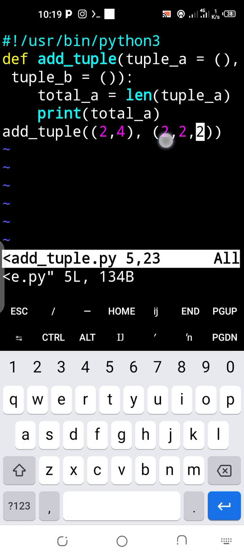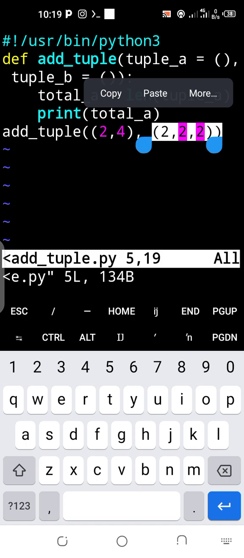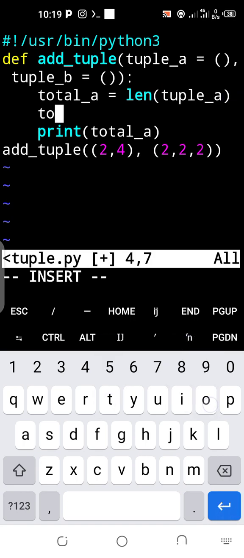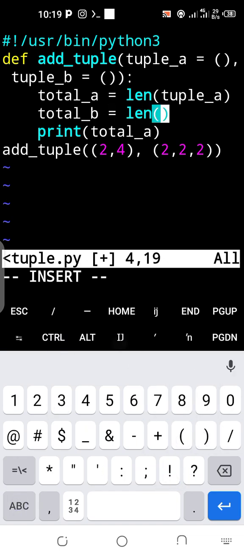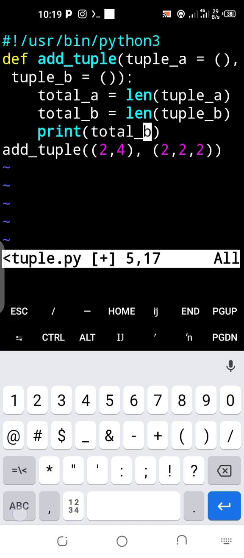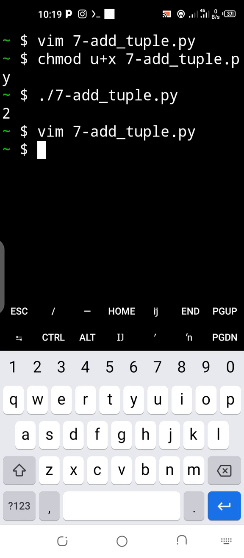Good. Now for instance, this second tuple, which is tuple B, I provide 2, 2, 2, that is 3 items provided there. So I will create another variable, call it total underscore B. Then I'm just going to set it to the length of tuple underscore B, just like that. If I come over to this place and remove A and put B there, we're supposed to have 3 for that. So I'm going to escape that and run it,